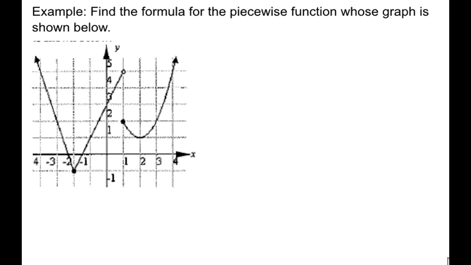This example asks us to find the formula for the piecewise function whose graph is shown below. So when we do that, we're going to look at each piece separately. It's important to note that there are 3 pieces. There is this first line, a second line, and then we have what looks like a parabola here. I usually find it's useful to work from left to right, so I'm going to start by looking at